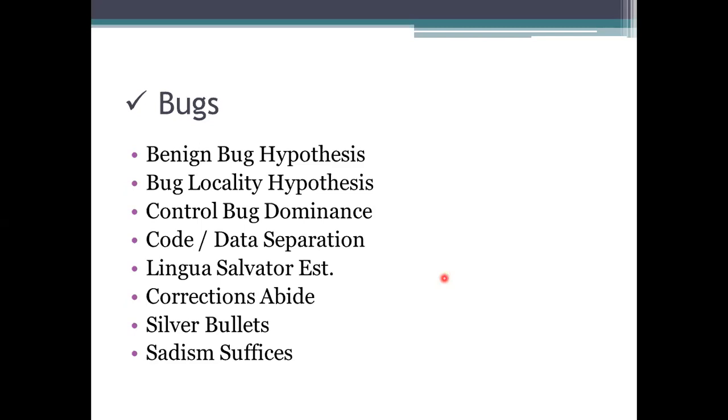Coming to the next one, the bug locality hypothesis. Bug locality hypothesis means we may not specify that the bug you have discovered, the one you have found, will impact at that location only. In the previous class I said that the line of code you have specified as a bug, or if you are taking the problem here, is specified as a first statement.